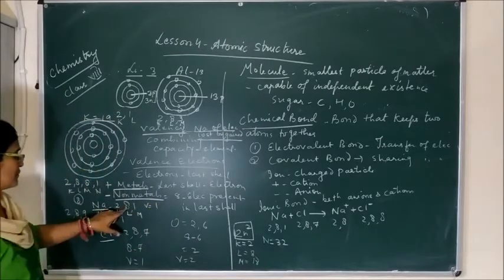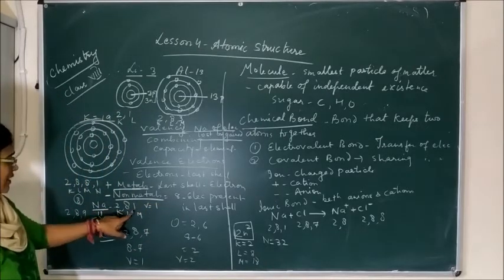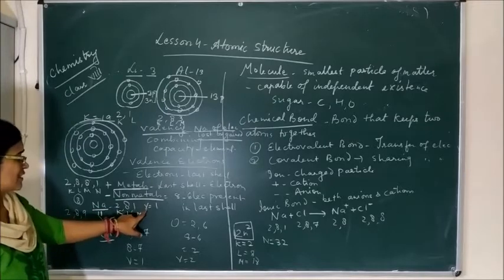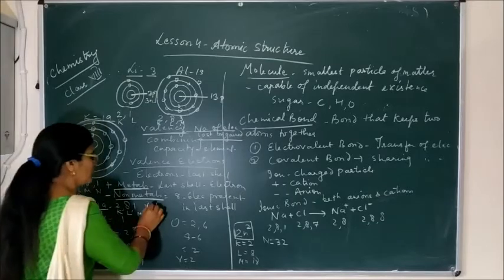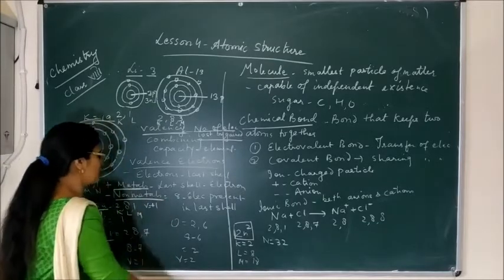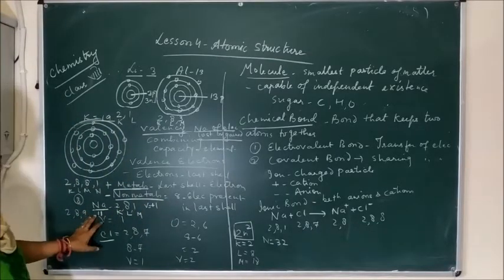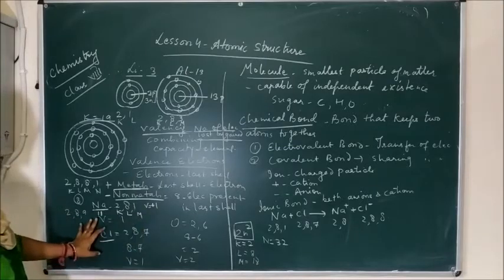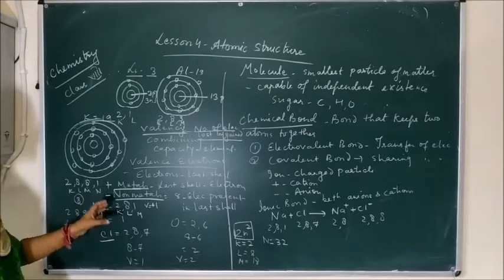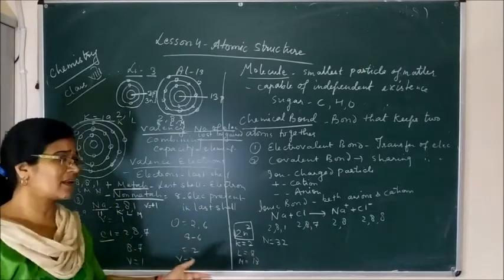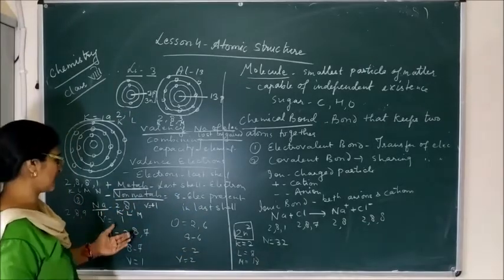तो लास्ट शेल में जो सोडियम का कितना नंबर ऑफ इलेक्ट्रॉन्स है 1, तो इसकी वैलेंसी होगी 1, और ये मेटल है इसलिए इसकी पॉजिटिव, we can say +1. So its valency will be +1. Another means for metal it's only one formula: the last shell, how many electrons are present in the last shell, that will be its valency.